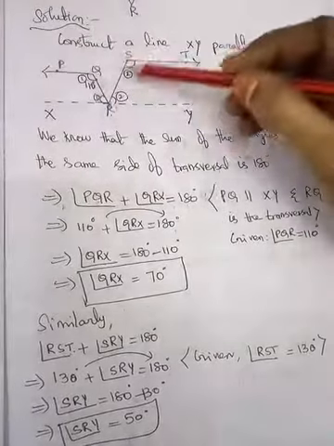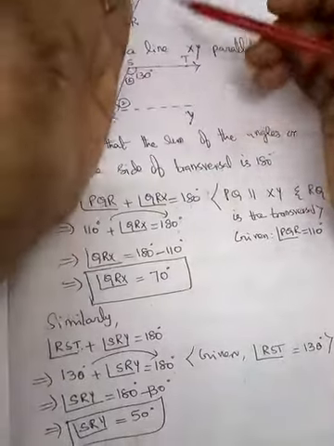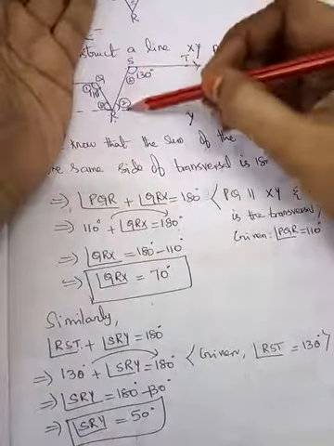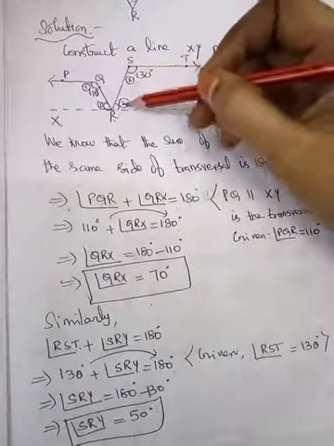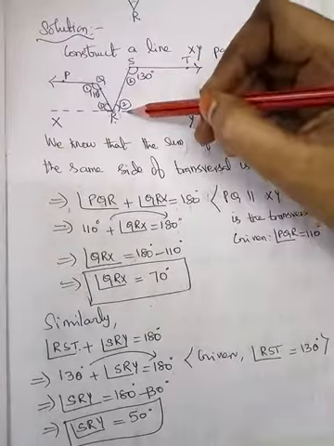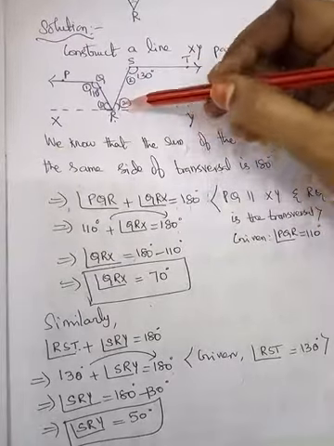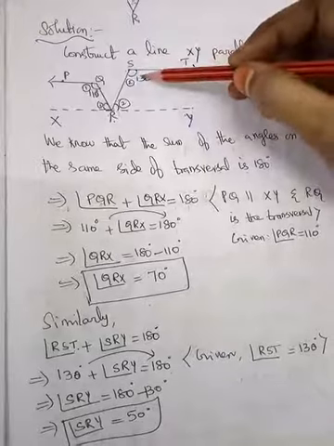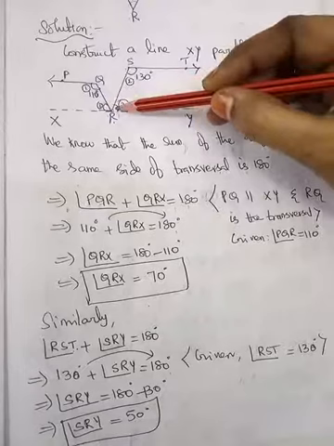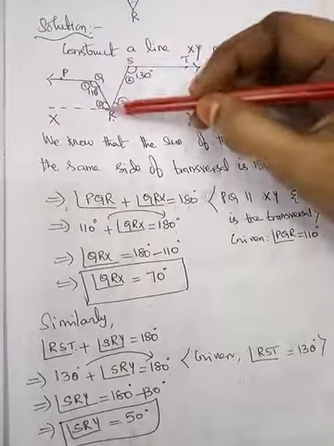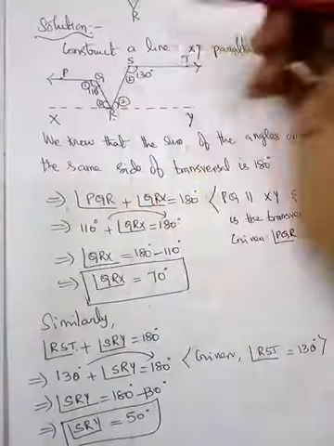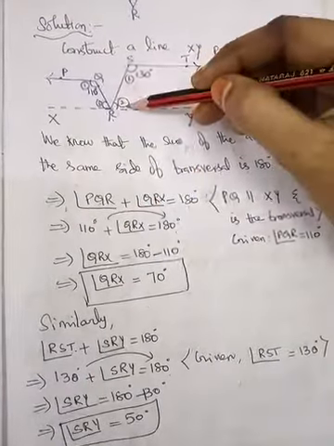Now I can treat this as a transversal. In this transversal, this is called the right side. On the right side you have two interior angles, angle 2 and this angle. If you find the sum of these two angles, the answer is 180 degrees. That is the known fact: the sum of the angles on the same side of the transversal. This is a transversal, the same side is called the right side; if you find the sum, the answer is 180 degrees.